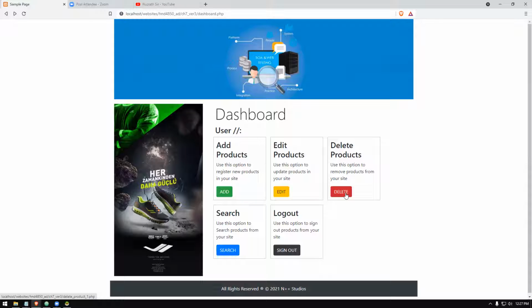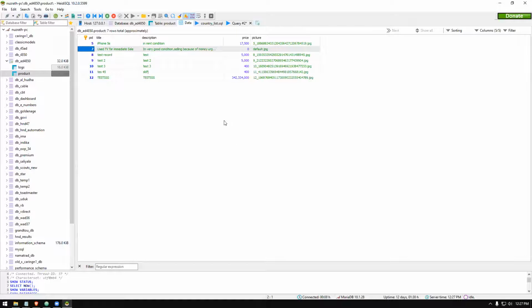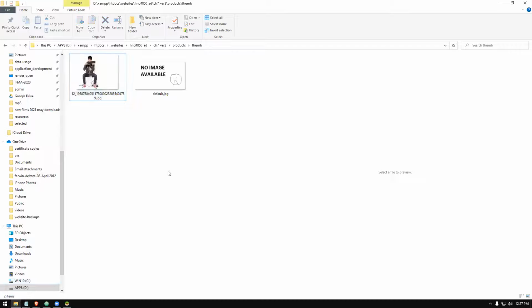There's a small concern when we are doing this. If you take a look at the database record here, for some records you have a proper file name or a proper picture to be deleted. For certain records, there are no pictures given. Default.jpg is the value found under the picture column. If you go to the folder, you'll see there are two pictures; the other pictures I just deleted for the uploading purpose.